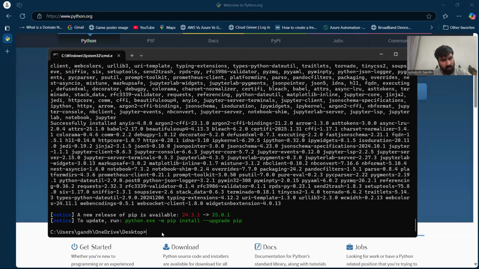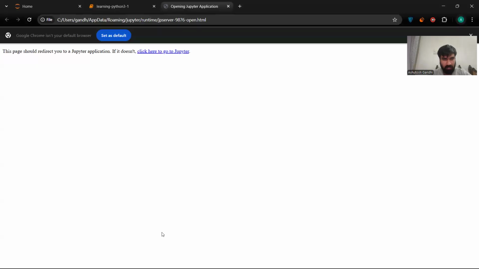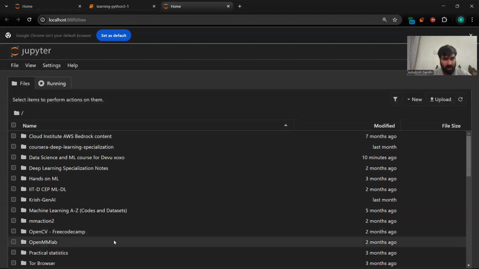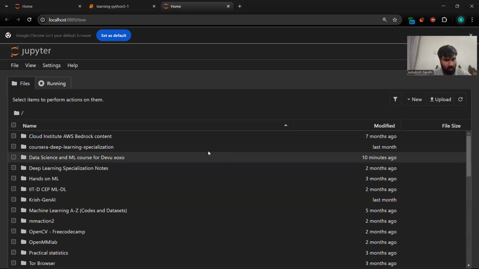All right, guys, once Jupyter is installed, what we need to do is enter jupyter notebook. What this will do is open a Jupyter notebook in our local environment, in a local browser. And once we see this kind of structure, we can create a new Python notebook